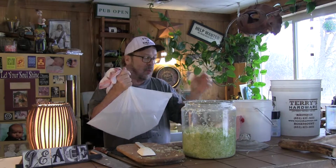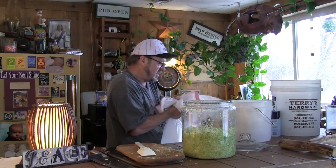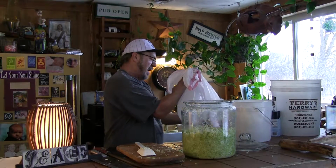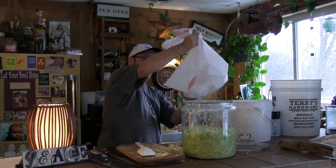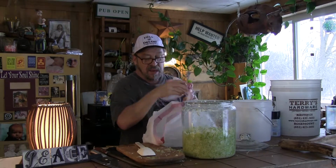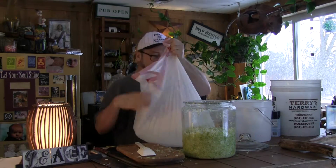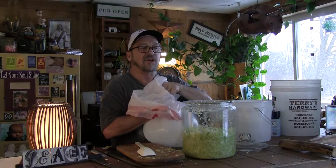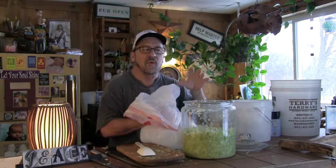And we don't want any air to come in contact with our new baby kraut, because air will just make it rot and turn out horrible and bad. So don't worry if you're worried about poisoning yourself. You will know if your cabbage goes bad because it's contaminated, not enough salt, or too much air contacts it. It will get rotten and you'll know, it'll smell awful. If not, it'll smell like good kraut. It'll be maybe a little discolored on the edges if the air creeps in there, but for the most part,